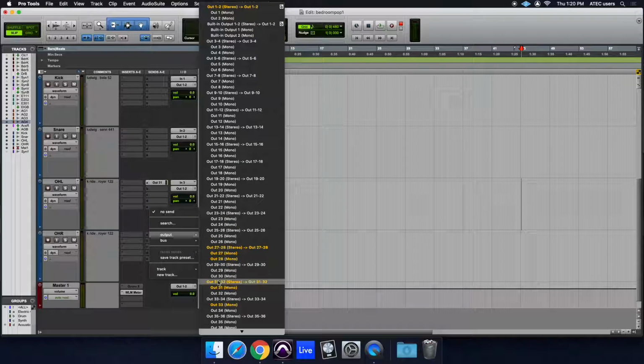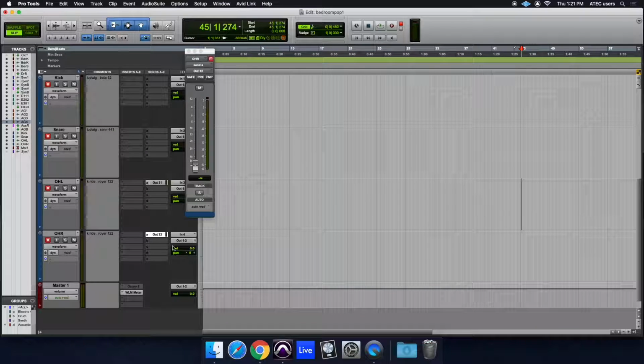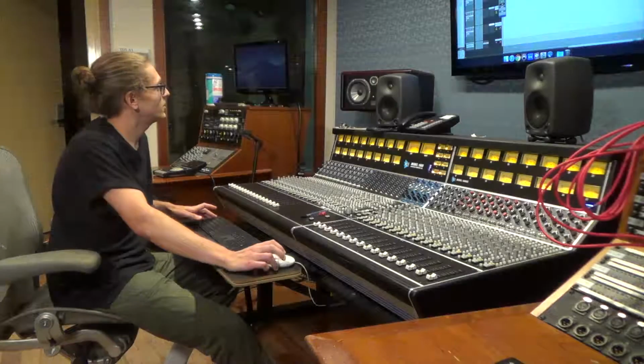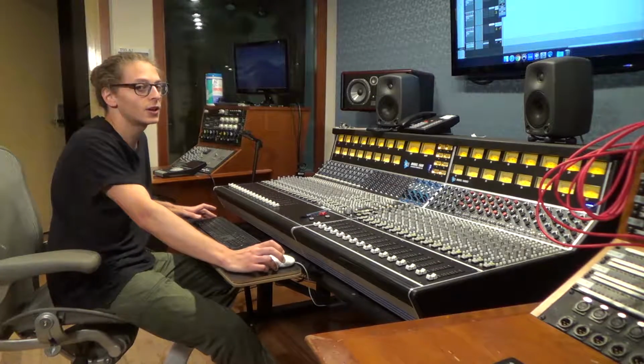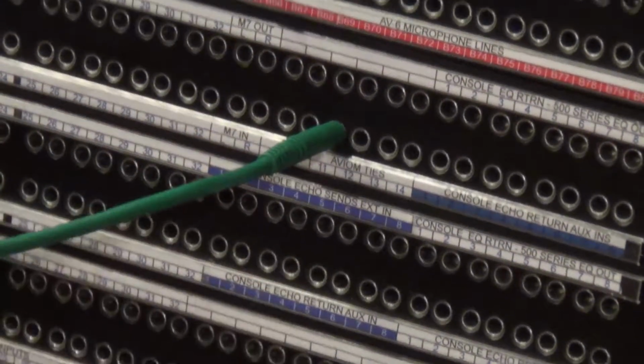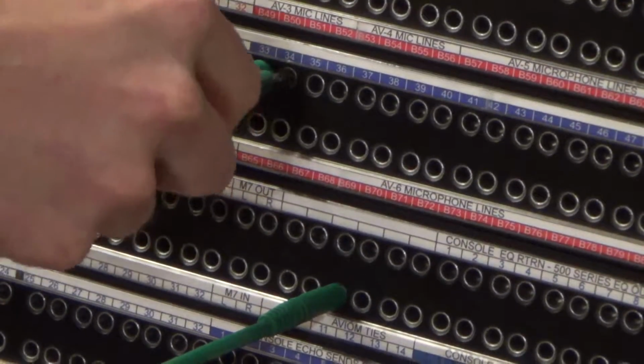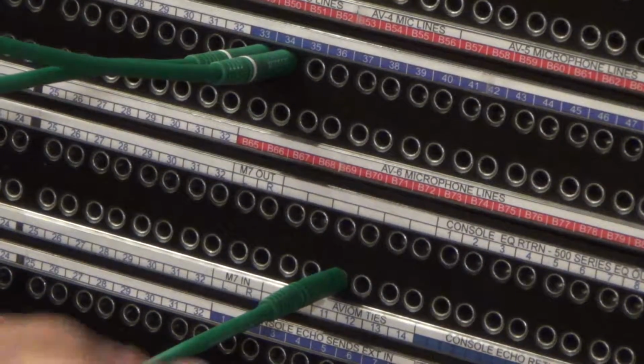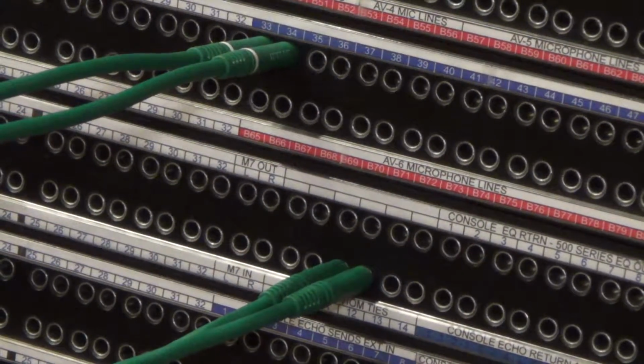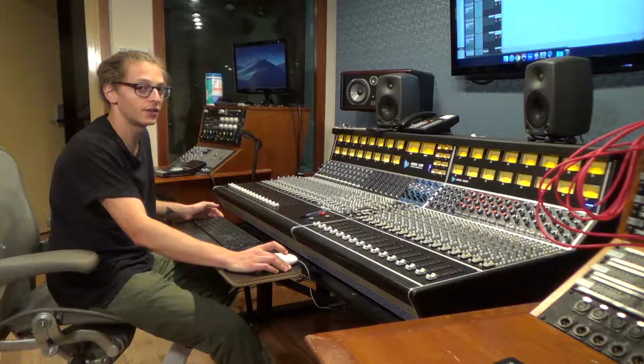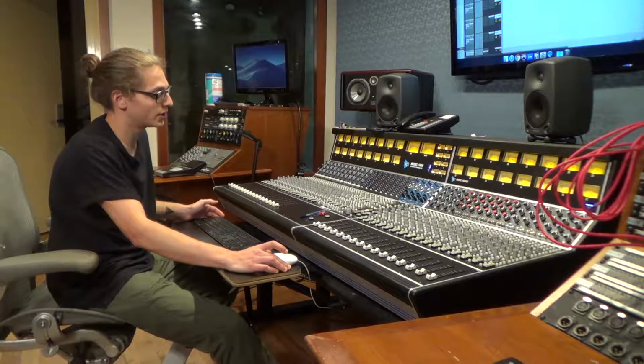So I'm going to do output 32. Now from that, we're going to patch into AVIOM 11 and 12. In this room, you get 4 headphone sends, AVIOM 11, 12, 13, and 14, and they're all located on the patch bay. So lastly, we're going to send the talkback to the performer so they can hear me communicate with